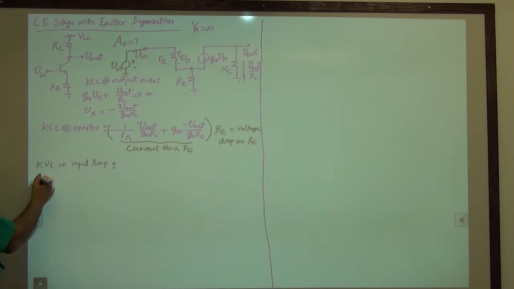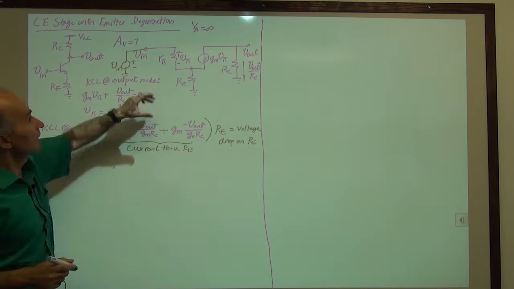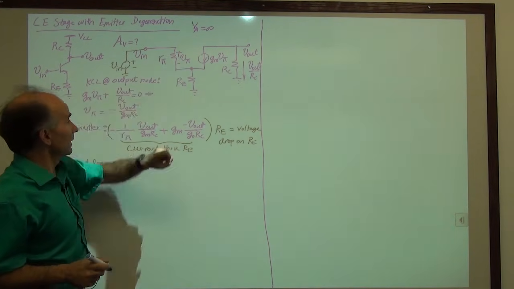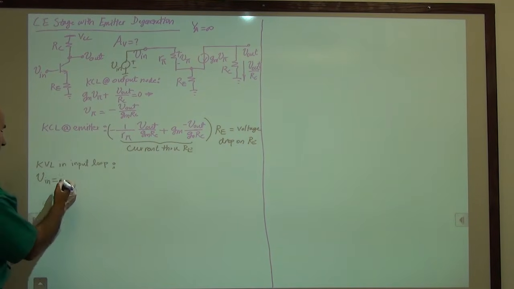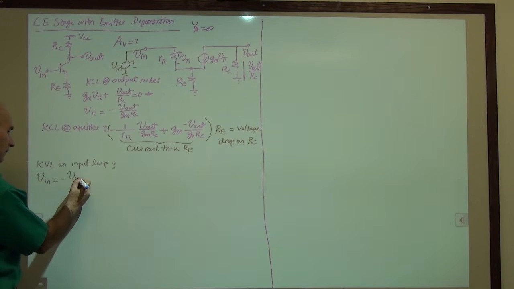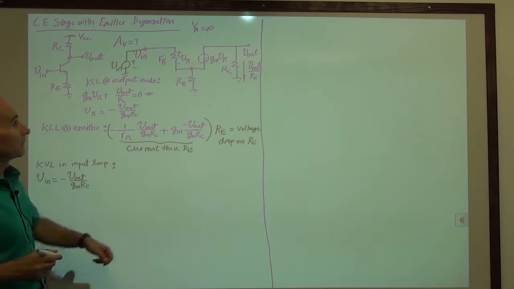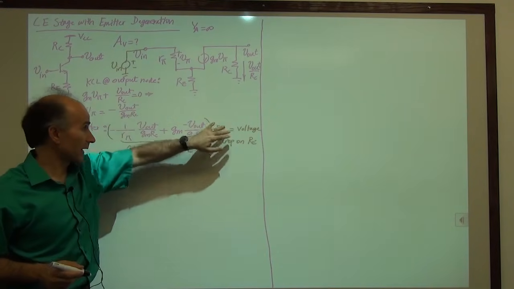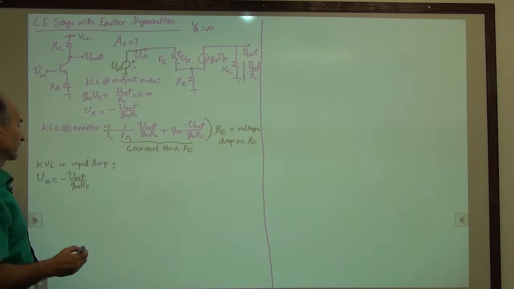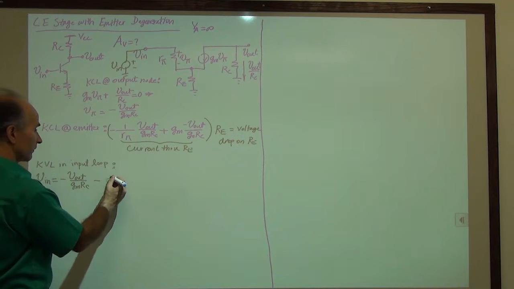I have V in is equal to this voltage, which is V pi. And V pi is this value. So minus V out over GM RC plus the voltage across RE. And that's this big monster here. So minus V out